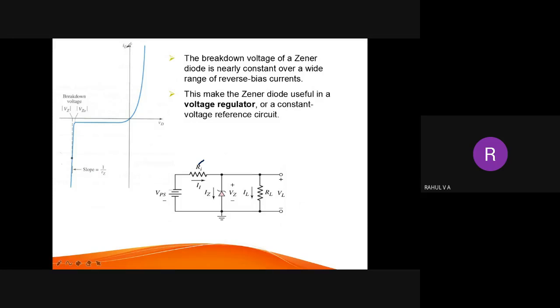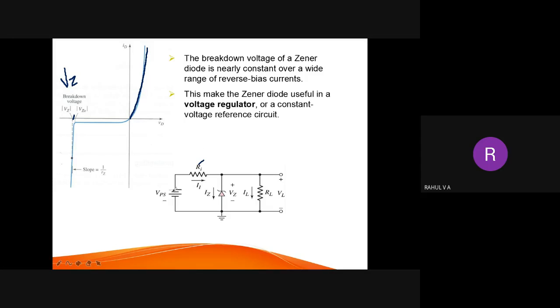This is the characteristic of the Zener diode. In forward biased condition, it works as a normal diode. In reverse biased condition, at a voltage called Zener voltage, Vz, breakdown occurs. It is not like avalanche breakdown. In avalanche breakdown, the diode is completely damaged. In Zener breakdown, the diode is not damaged. It is specially designed to operate in the breakdown region. But once the current reaches the maximum value, it will be damaged. Of course, that will happen for any component.